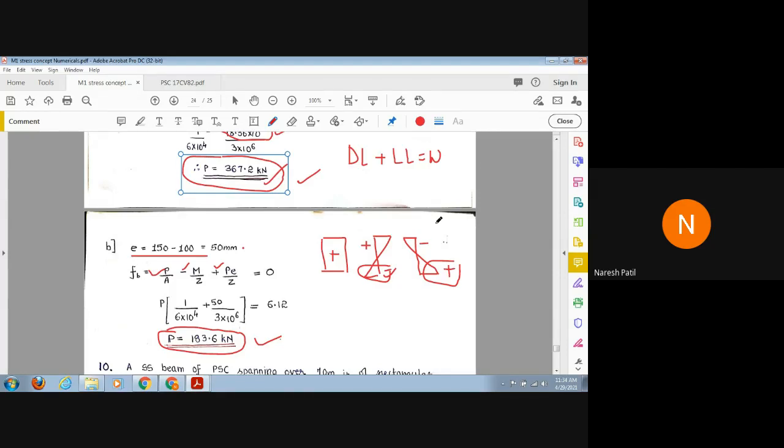The more force you apply, the more cable you have to provide, because you have to stretch that cable for the required force. So if you increase the force, you have to increase the diameter or the area of the cable. The less force you apply, the less area you need. So that time what will happen? The section will become economical. Did you understand what I am trying to conclude?